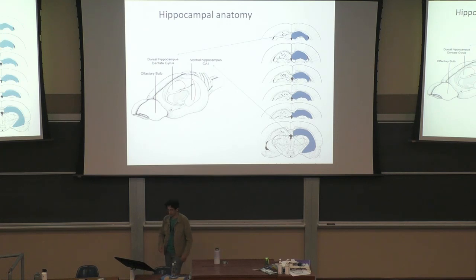Okay. So first, just to situate how it looks. If you make coronal slices of the hippocampus that are oriented from anterior in the front to posterior in the back, you see this kind of structure appearing where the blue part is the hippocampus. So in the more posterior part, near the back end, the hippocampus, if you cut like this, will look more like an elongated structure that goes all the way to the bottom of the brain. And we have been talking predominantly about the dorsal hippocampus at the top, but not this ventral hippocampus at